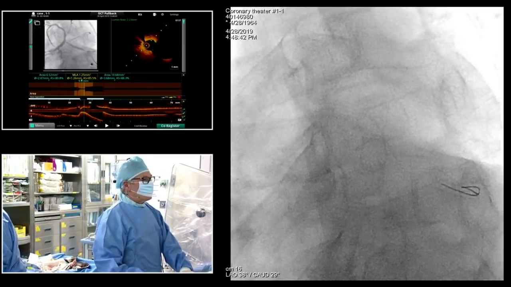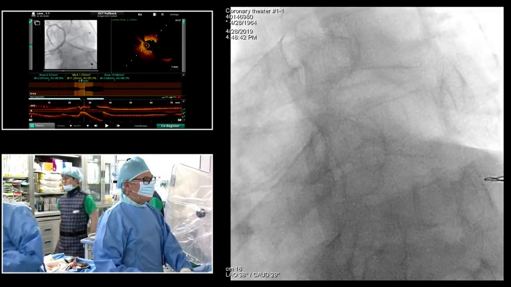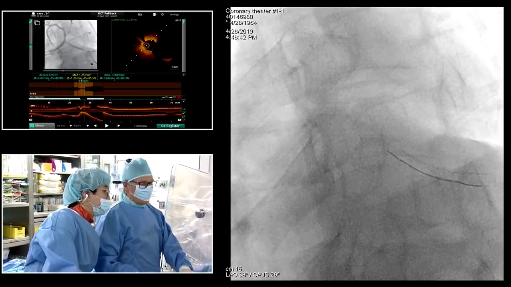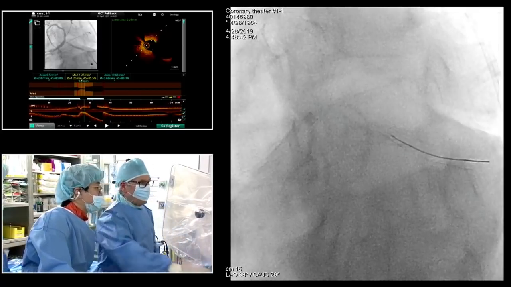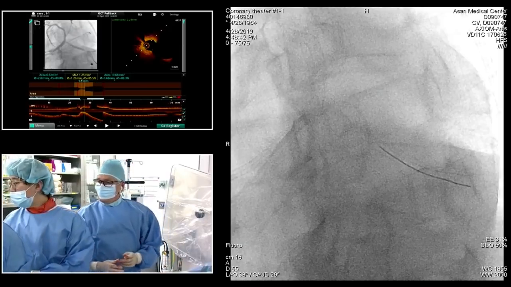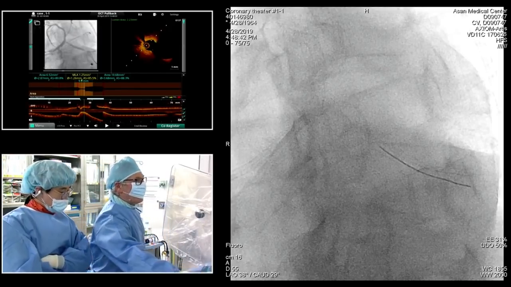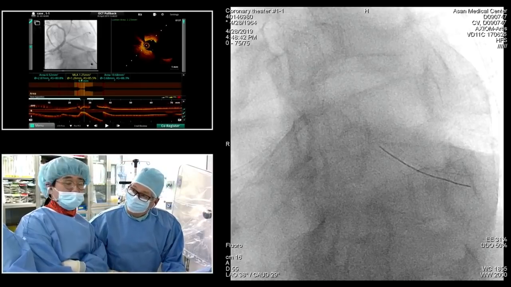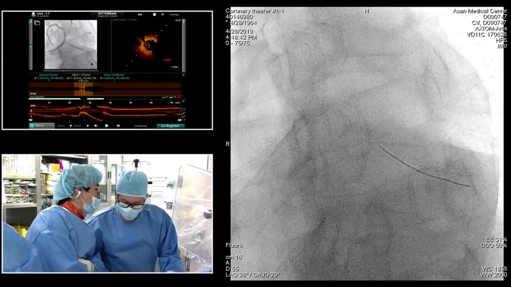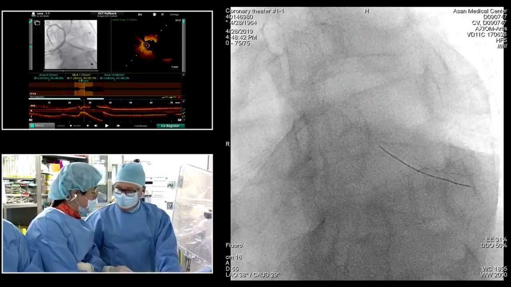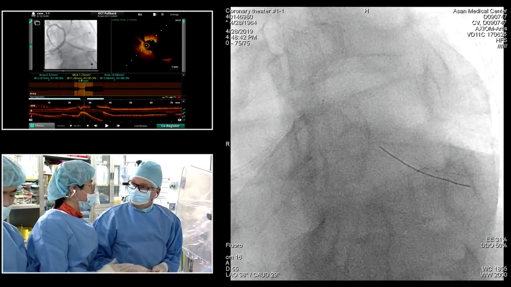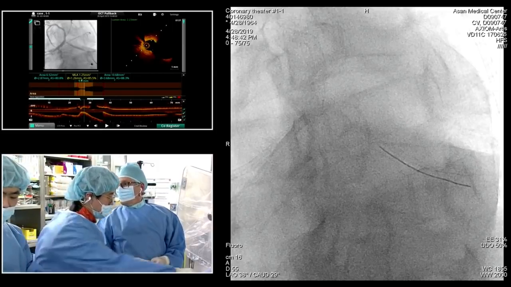I will go maybe with a 3.5 high pressure balloon and then go again with a cutting balloon. I think you really need to have an optimal result, because otherwise the restenosis rate is prohibitive. When you have this ostial restenosis in the stent of the circumflex, the only way to prevent